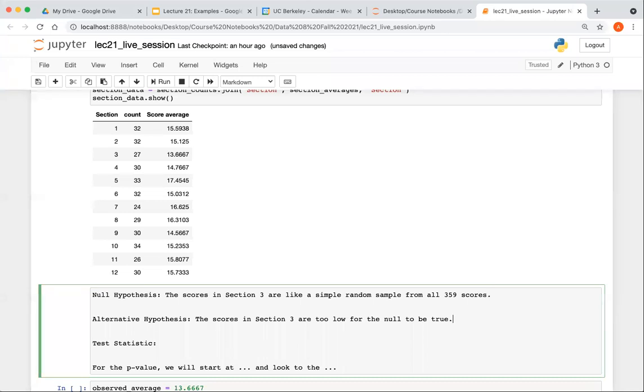So let's look at TVD. Does the TVD specify a direction? It does not. Does the alternative specify a direction? It does. We are not going to use any distance. At best, we are going to use a difference,